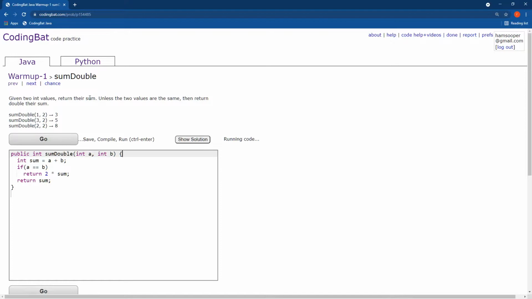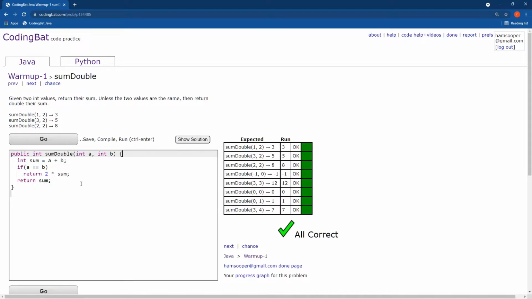So this is probably how I would write this code. There is a way you could shorten this code. For example, instead of creating a variable called sum, instead of storing it in a variable, I could just literally calculate it here. And notice that I have to put these in parentheses because multiplication has higher precedence than addition. PEMDAS still applies to Java. It's just that now there are other operators that we have to take into account. So multiplication is still higher than addition and stuff like that. So I could just put a plus b here and then put a plus b here